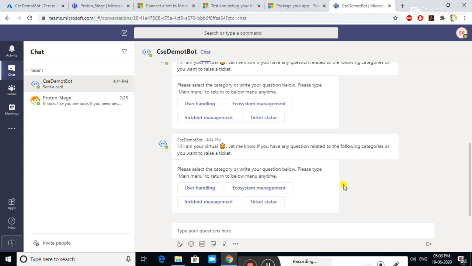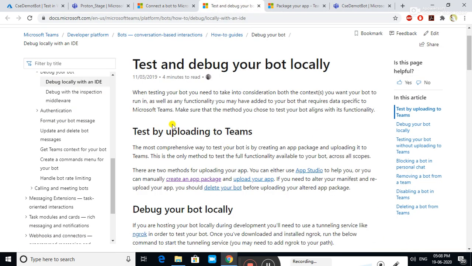Now the second option is how you can upload and install your bot in MS Teams and distribute it among your friends. So let's perform the second option. For this, you need to perform some actions. You need to have your bot information like bot ID, short description, long description, developer information, and something like that.